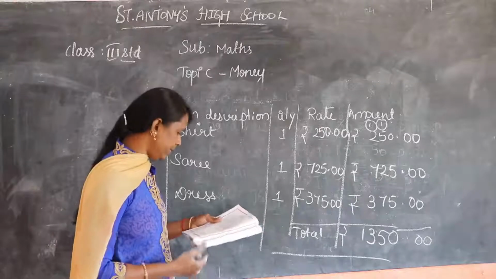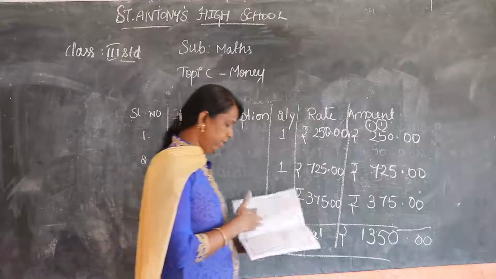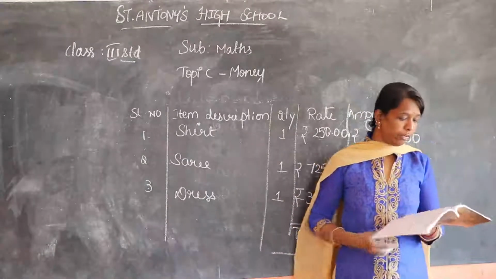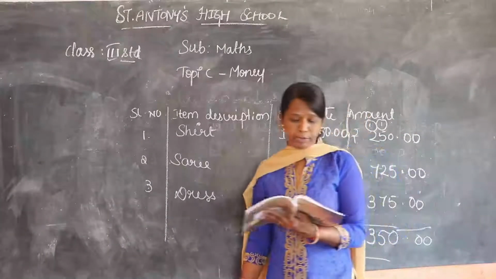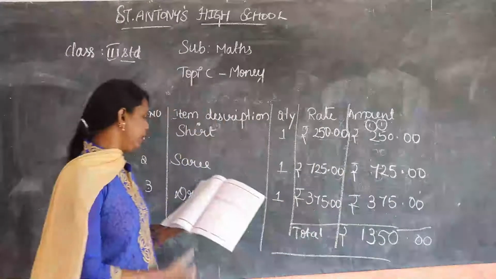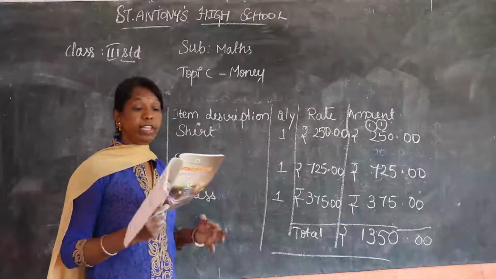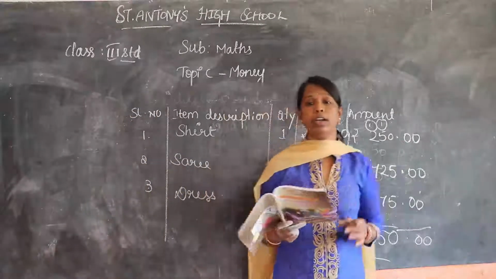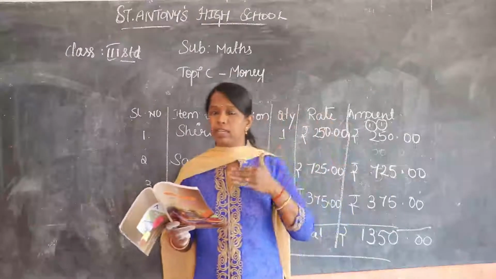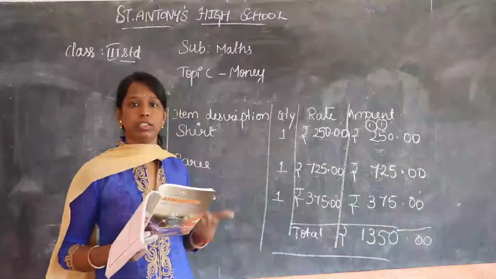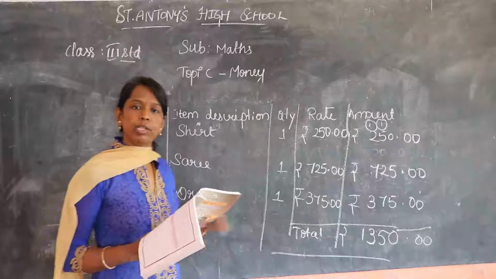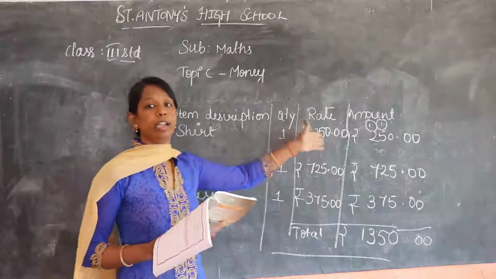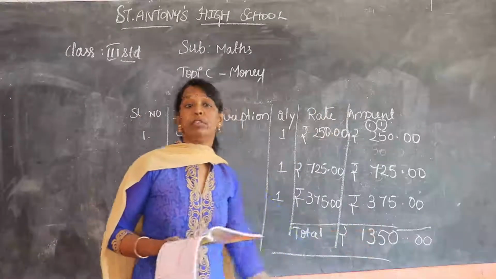And next, write the bills. Page number 67. From your exercise number 9.5, you have to fill in your own. Okay. The slip we receive from the shopkeeper containing the details of purchase is called a bill. The slip given by the shopkeeper to the customer, so that is called as what? Bill. So the bill includes these items and quantity, rate, and the amount we have to give to the shopkeeper.